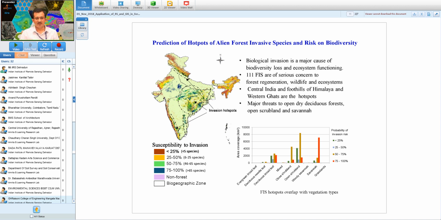So such species are actually not from our own country, but have been brought from outside, intentionally or unintentionally. Today they are here and they are spreading very fast in different parts of the country. Now if, a priori, we know the areas in the country where these species can invade, this will be very useful for the resource manager or for the